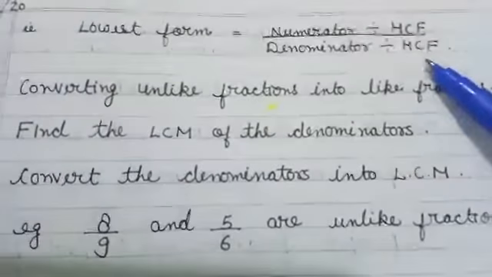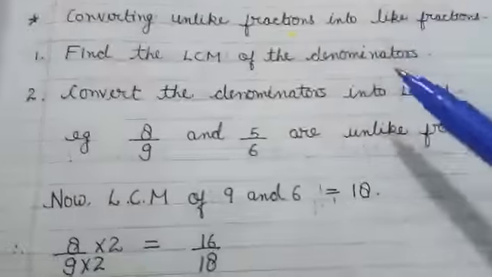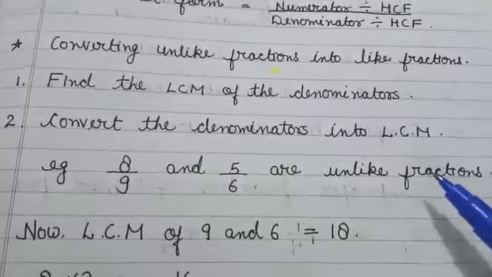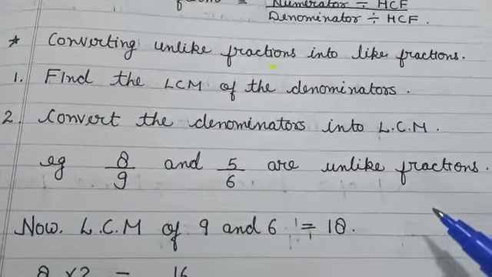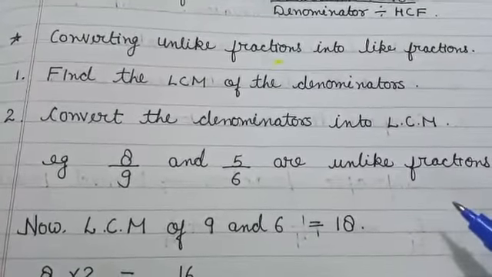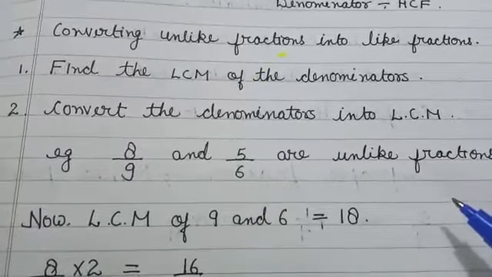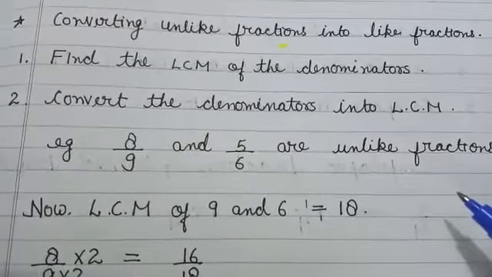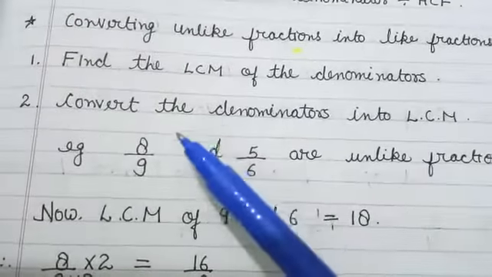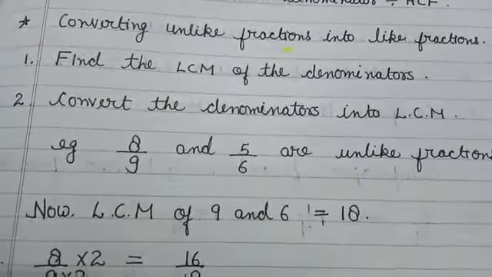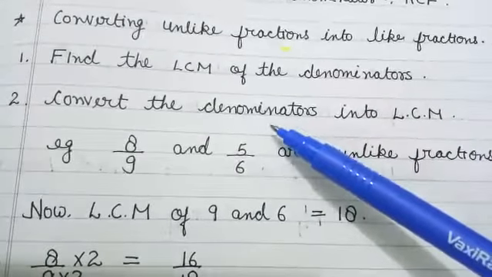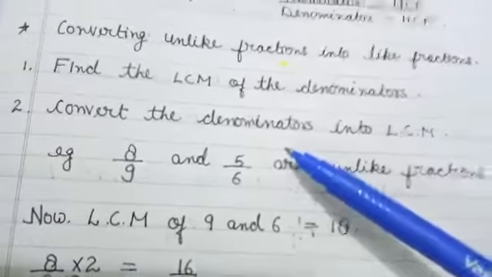Numerator and denominator both. Now, the next topic is converting unlike fractions into like fractions. Now see class, whenever the fractions are like, we can add the fractions, subtract or compare by only looking at the numerators. But when the fractions are unlike, we have to make them like first. So what are the steps for making unlike fractions into like? That was, first of all, you will find the LCM of the denominators. Means you will take the denominators and you will take the LCM. Now you will make the denominators equal to their LCM.